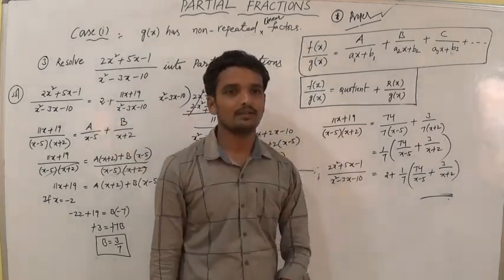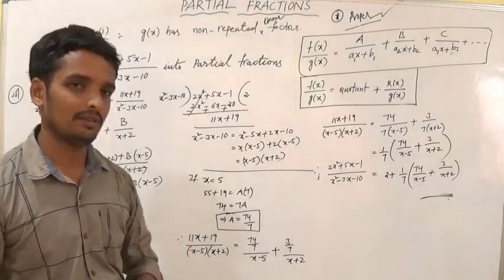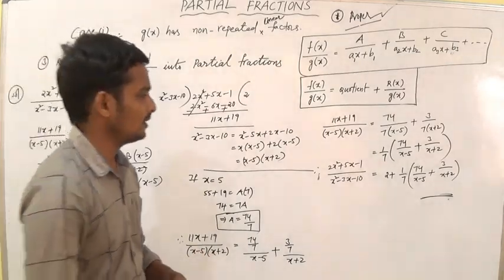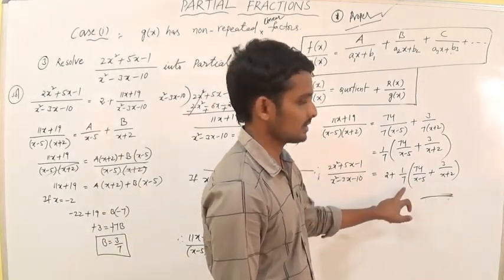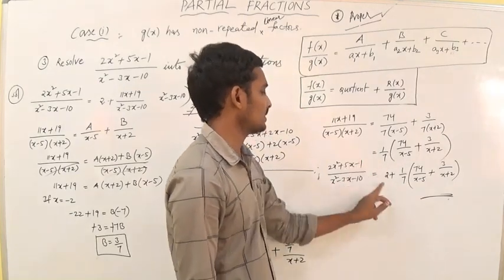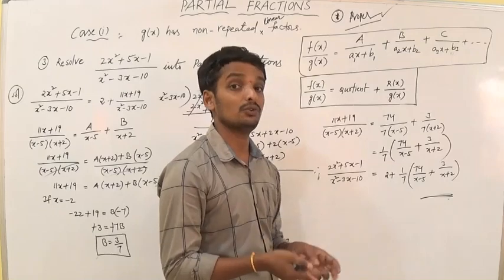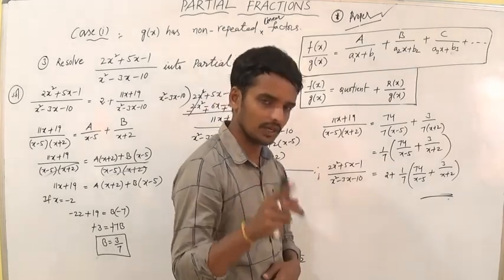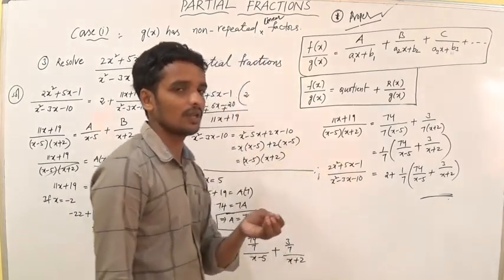So again, is this right or wrong? There is some confusion in your mind. Again, you can solve here the 2 plus. First, you have to solve these two equations with 1 by 7. Add 2. If you get this equation, your answer is right. Otherwise, it's wrong. You have to check yourself. I have to do this for every problem. So in the learning stage, we gain more knowledge from checking.